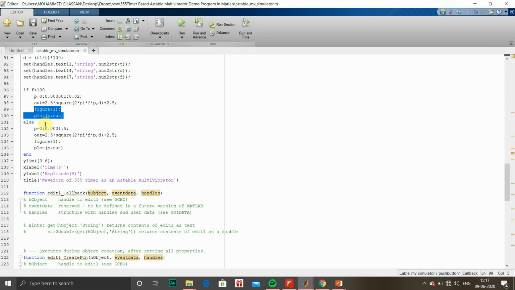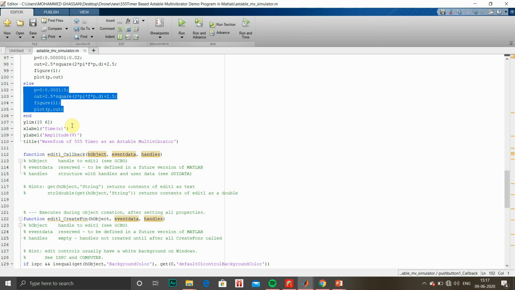For frequency less than 100, we'll use time t equals 0 to 5 in steps of 0.001. The output is the same in this case. The difference is, if the frequency, let us consider f equals 10, the time period of a single waveform will be 1 divided by 10, that is 0.1, and it will fall under the second set of statements, so it will be covered in that time span.